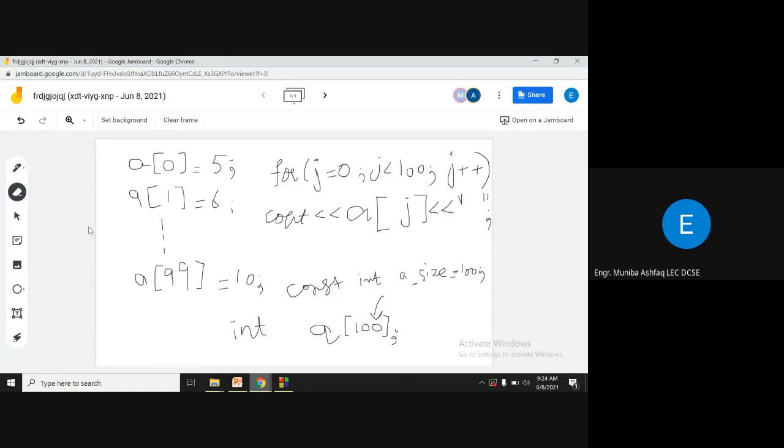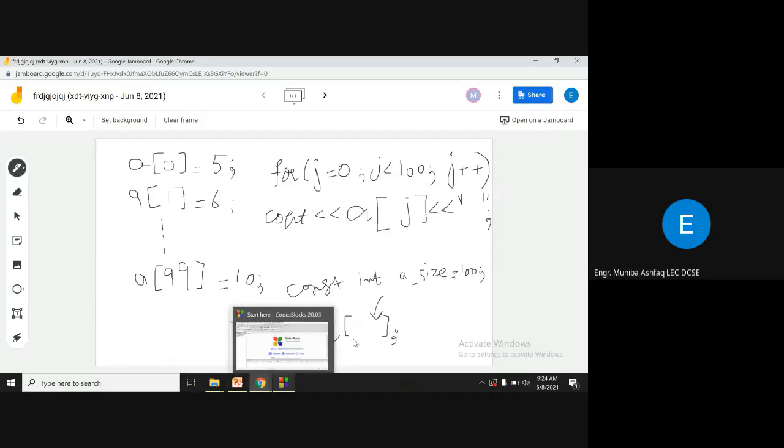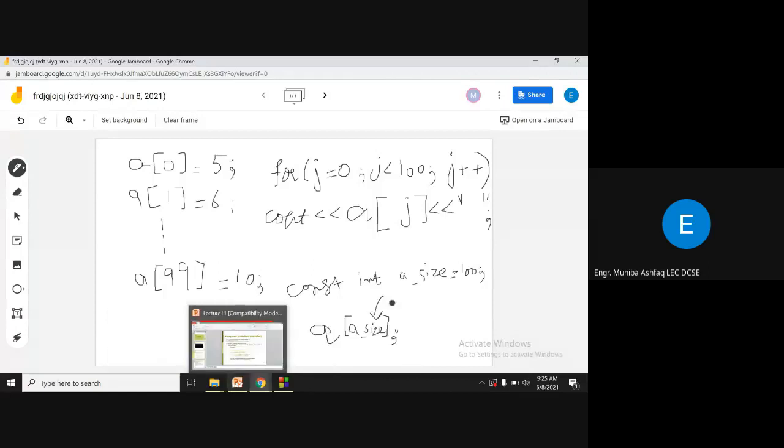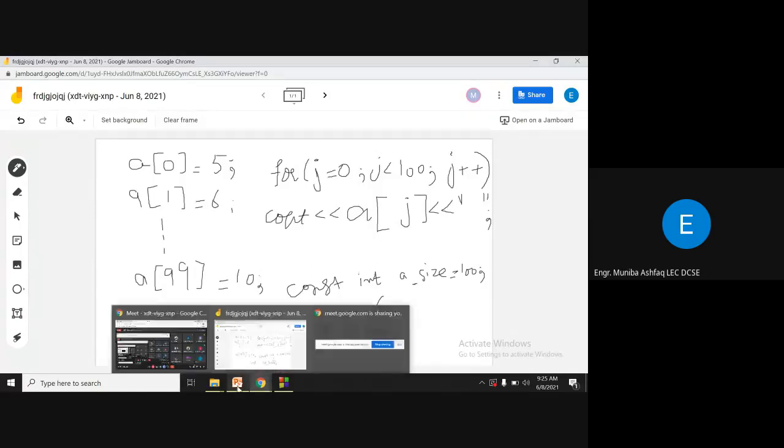Then I will just remove this 100 from here, and then here I will write a_size. ठीक है, सही हो गया अब? सो ये बताया गया है आपको सिंपली। डायरेक्ट हम जो लिखते थे, हमने एक कांस्टेंट वेरिएबल पहले डिक्लेयर किया, फिर उसकी वैल्यू ऑटोमेटिकली उसको मिल जाएगी।